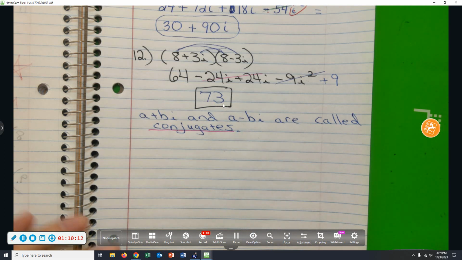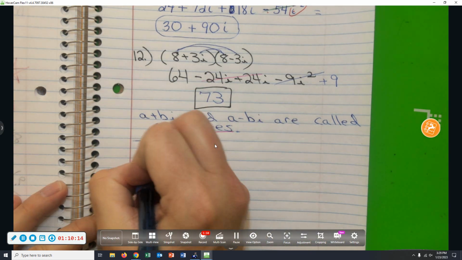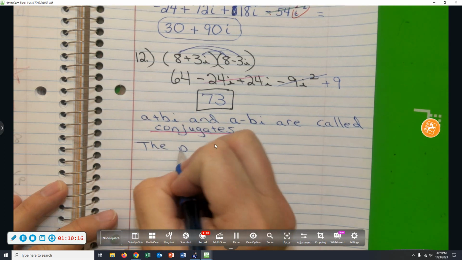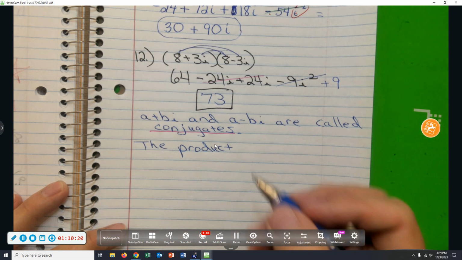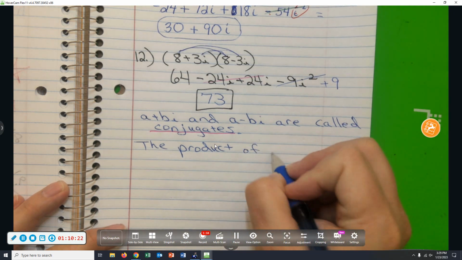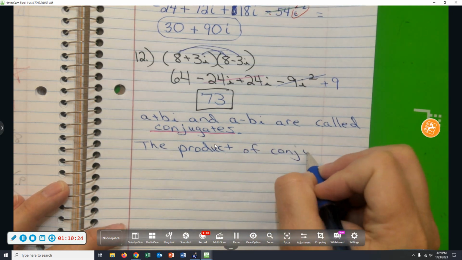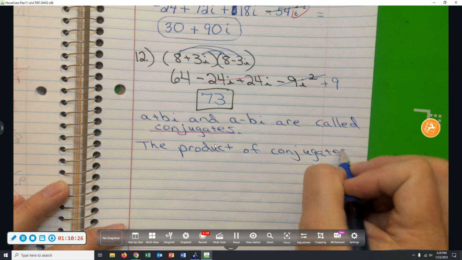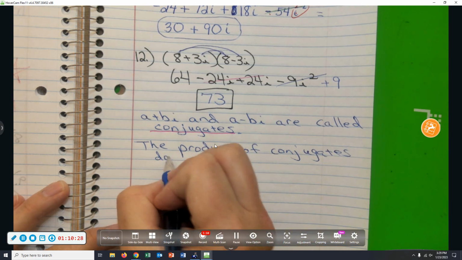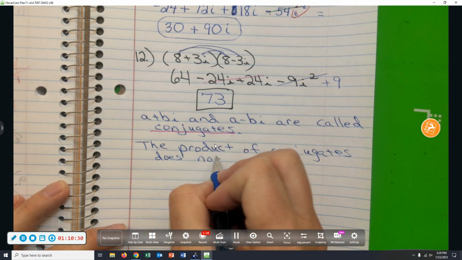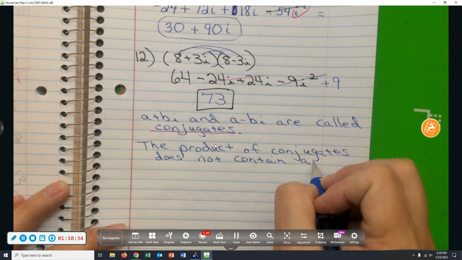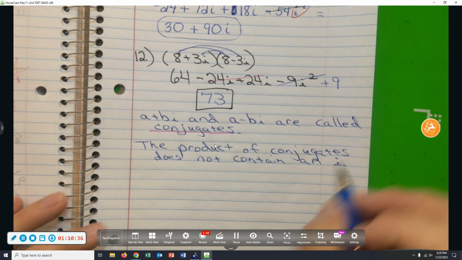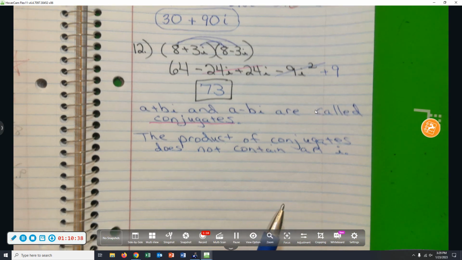I think I'm going to write a note there. I'm going to say the product of conjugates, the product is what you get when you multiply two numbers. The product of conjugates does not contain an i. In other words, it's a real number. When dividing complex numbers,